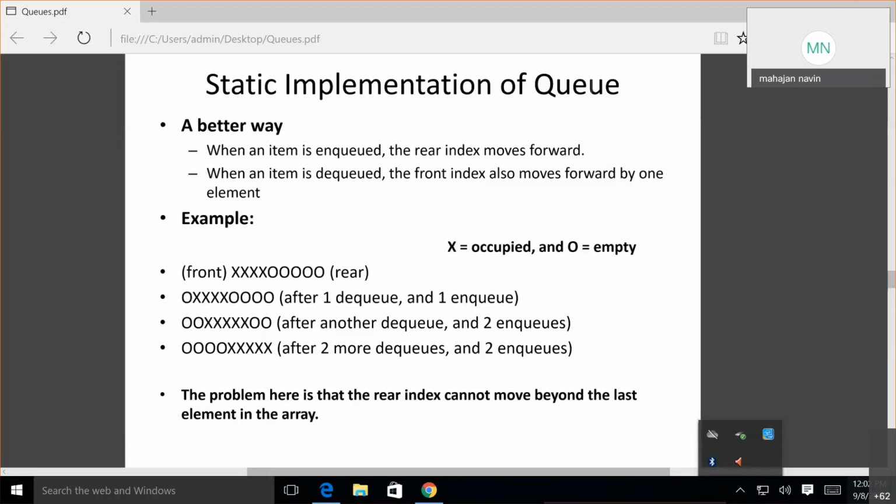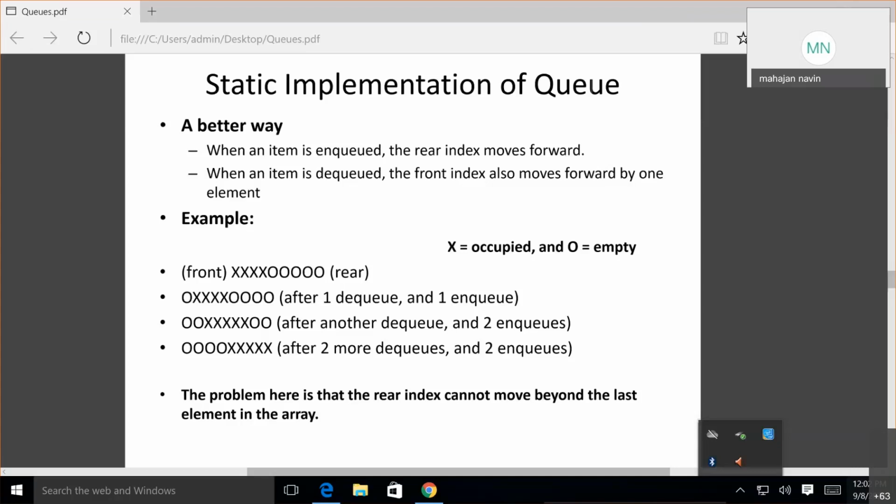Suppose this is the array and I have 100 elements. My front is pointing here, and rear is pointing somewhere here. Maybe I have inserted 50 elements. As soon as you remove the first element, what happens? The other 49 elements should move forward to this place. This is how it physically works.